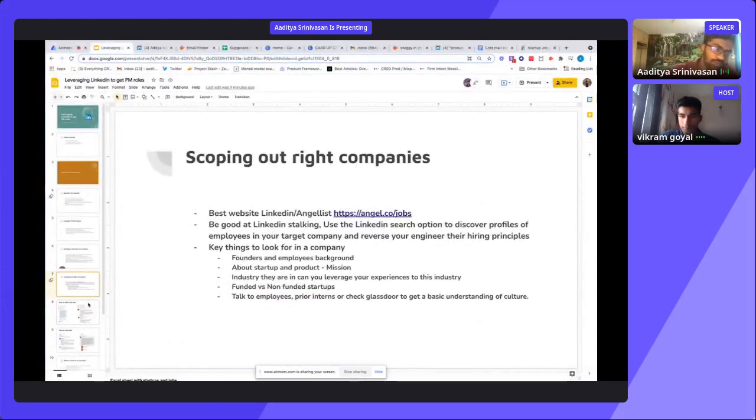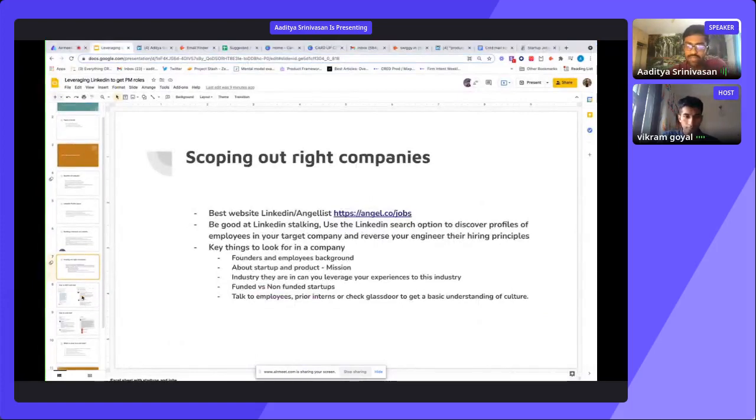Now, coming to the most important part of this session, which I feel is a make or break: your cold mail. So what is a cold mail? One thing which is very important is that getting into product management roles is not only based on your product management skills, but on your marketing skills. How you can influence someone to click on your mail, on your resume, maybe on your projects,